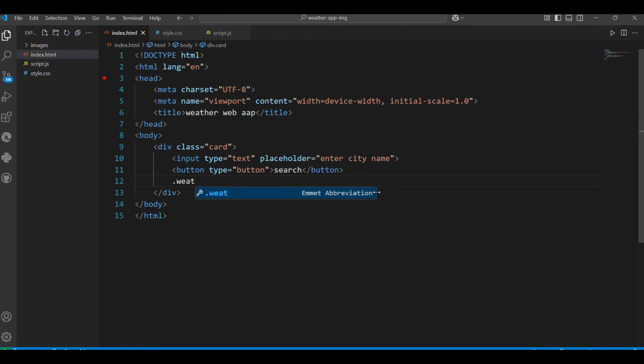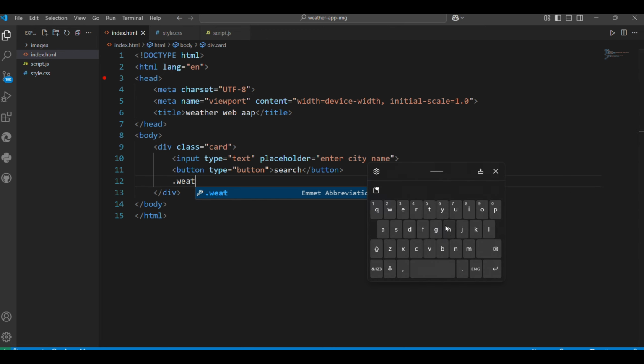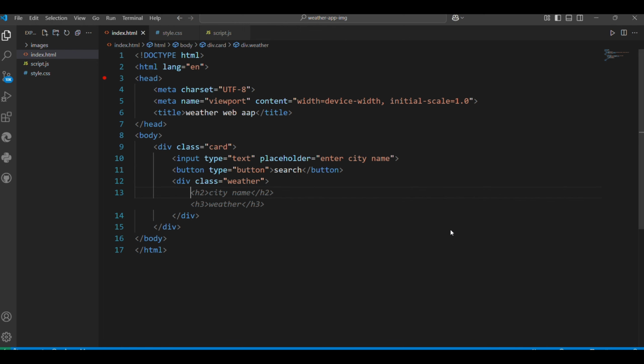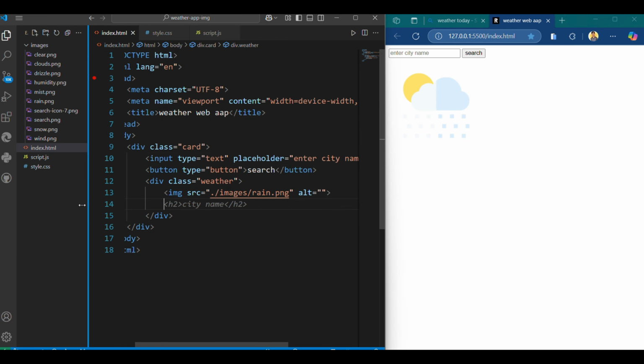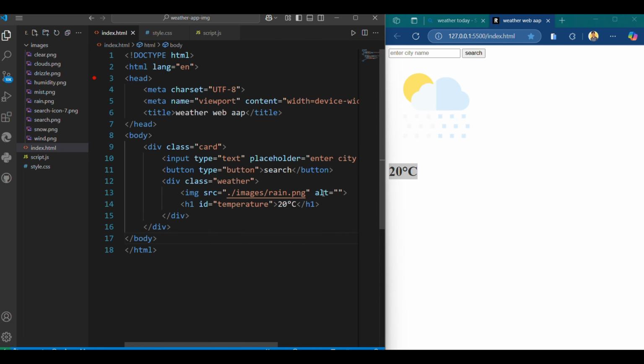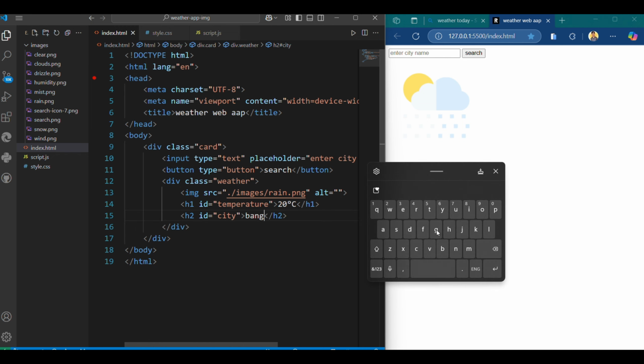Now let me create another div and name its class weather, and inside this div I am taking a weather image tag. This image will be dynamically changed according to the weather condition, and I am taking a tag h1 with the id temperature where I will display the temperature, and below that I will add an h2 tag with the id city where I will display the city name,